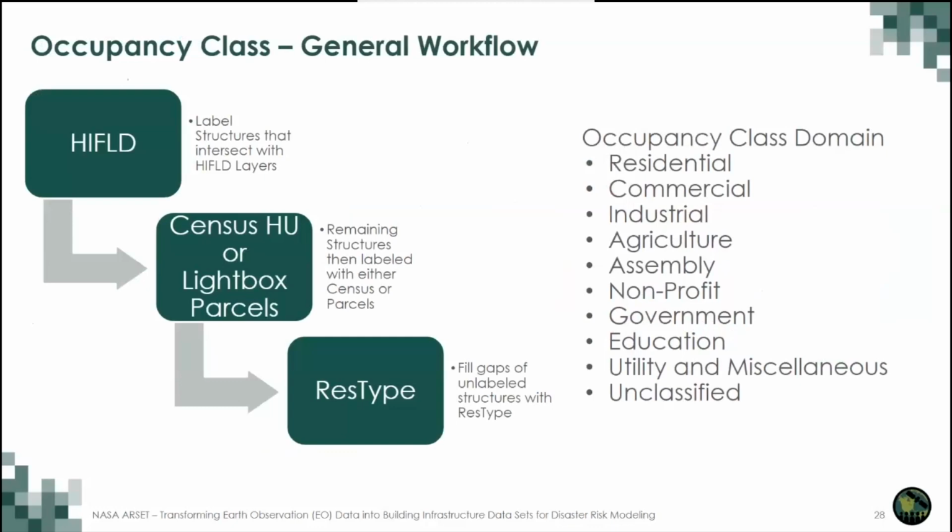And so our occupancy domain consists of residential, commercial, industrial, agricultural, assembly, nonprofit, government, education, utility and miscellaneous, and then lastly, unclassified. And the way that we go about this is a three-tiered process. The first step is that we